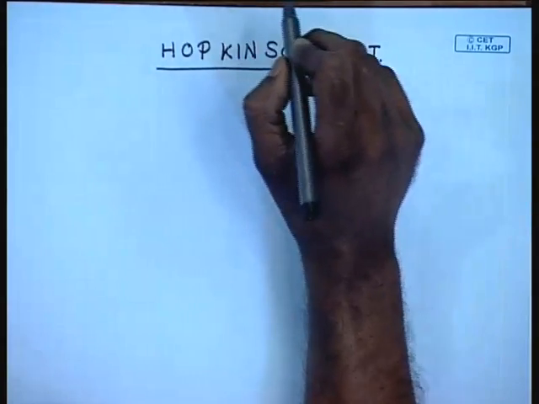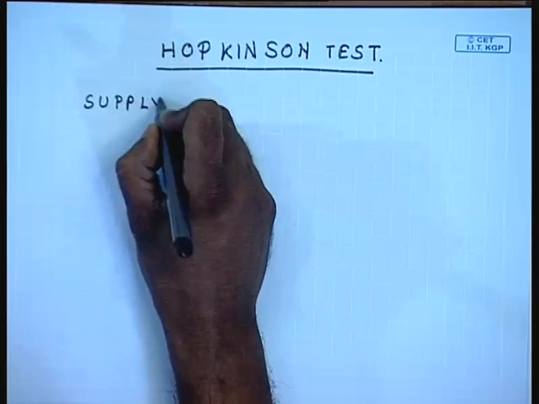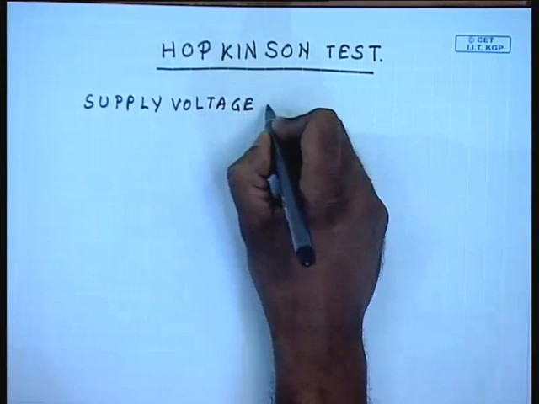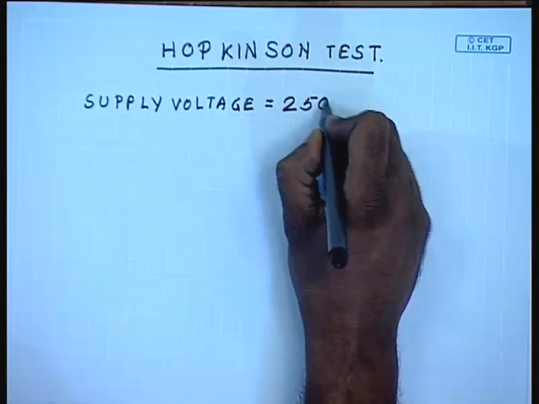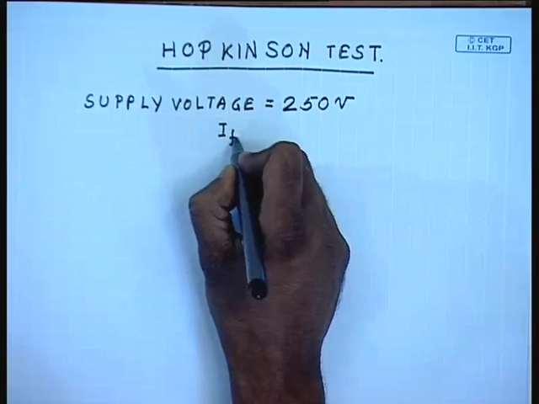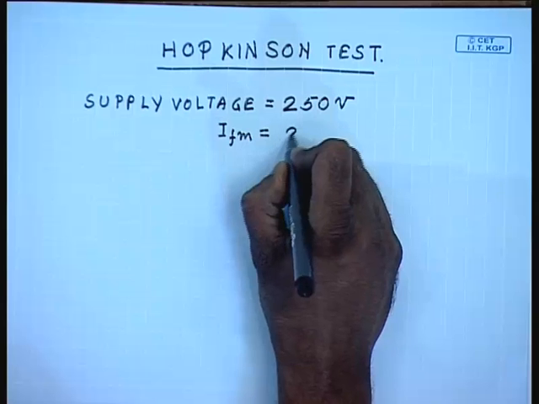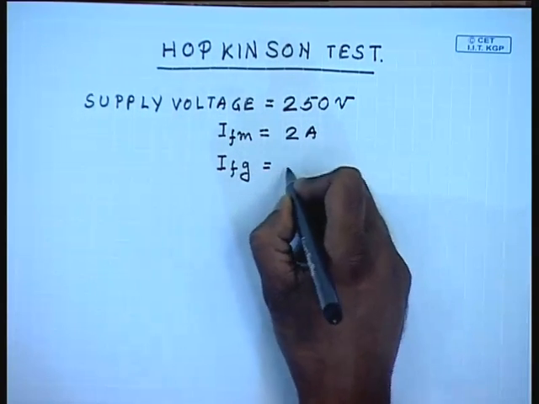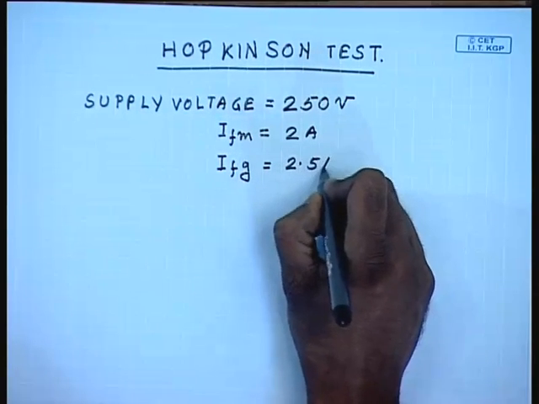This Hopkinson test is performed on two machines. The supply voltage is 250 volt. IFM is 2 ampere, IFG equal to 2.5 amperes,